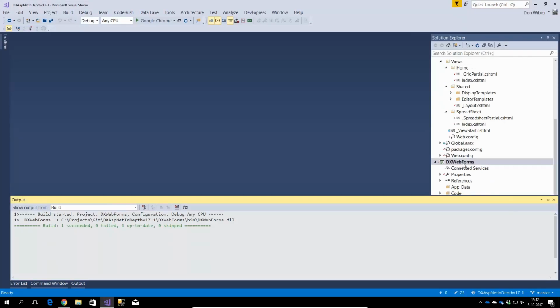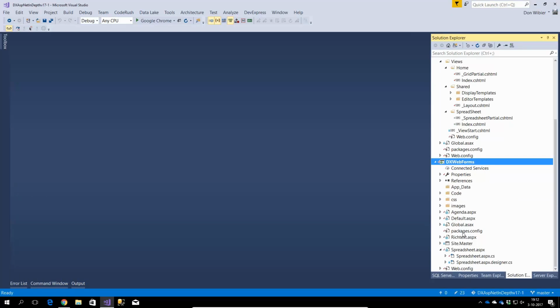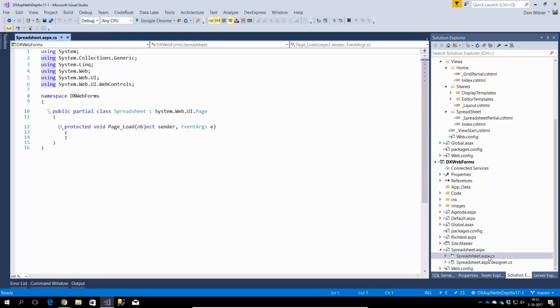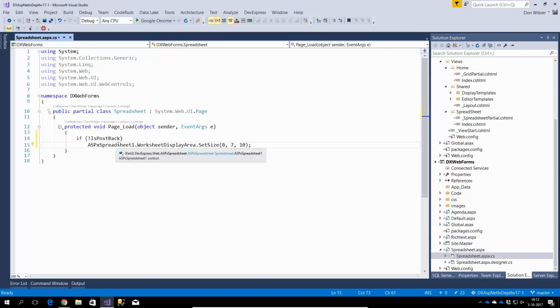let me go back to the WebForms version first, and I'll show you in the MVC version as well how that works. The spreadsheet code behind file has a protected page load method. What we need to do to specify that worksheet display area, we can insert the following code here. So I'm checking if we're not doing a postback. Here is the spreadsheet, the reference to the spreadsheet, and it's got a sub configuration object, worksheet display area, which